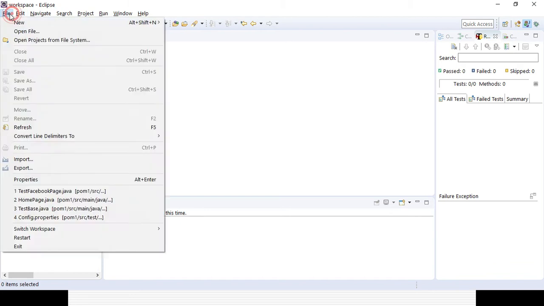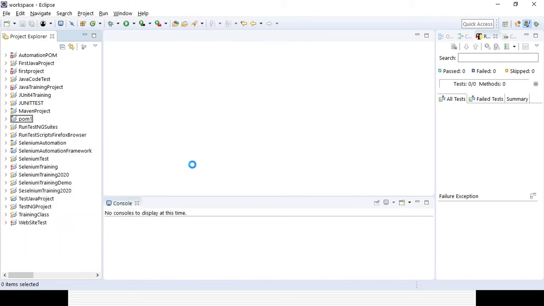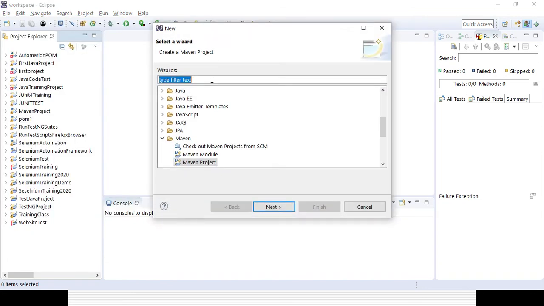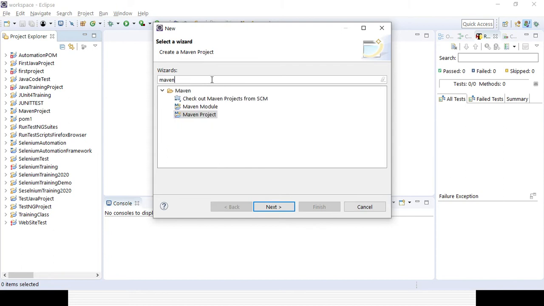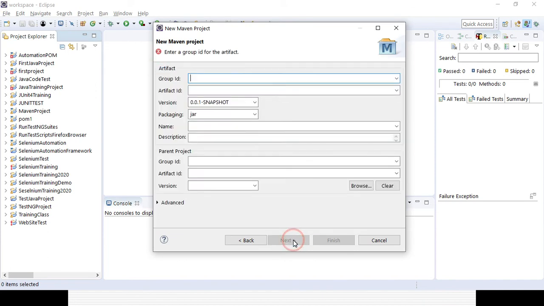So here just click on open Eclipse, then click on New, and then click on Others. So I will create a Maven project. Just type Maven here, so you will find the option Maven Project. Just click on Next, right, select the option Create a simple project, skip archetype selection, click on Next. Here you can give some group ID called POM, and here you can give something like framework